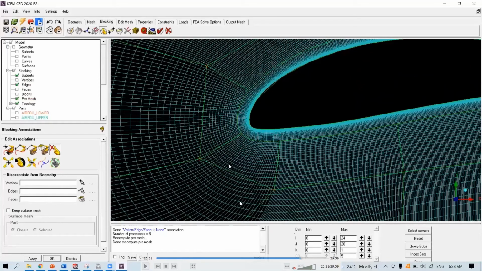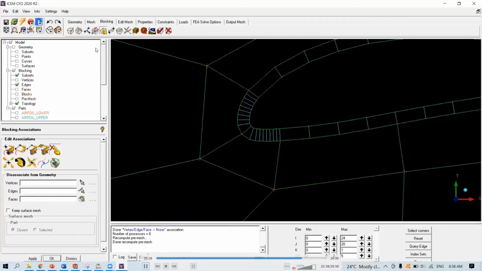Now the idea is that we need to make the spacing from this point here, from this edge, to be equal to the first spacing on this edge. So you're just going to match the spacing value. Same thing here. So from the higher concentration to the lower concentration.